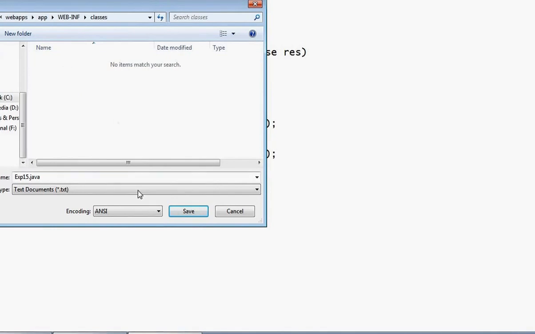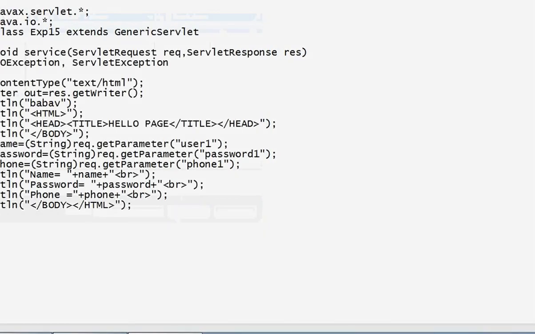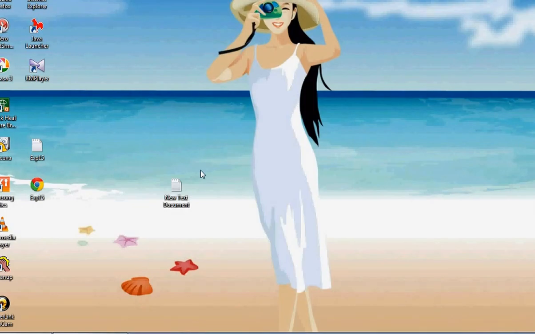We have to save this source file here. Saved. Now just close that window.